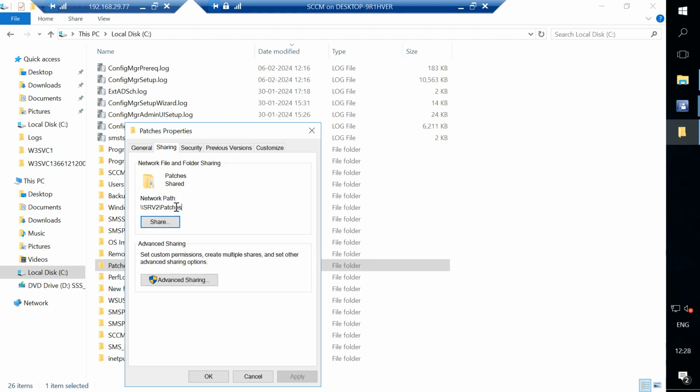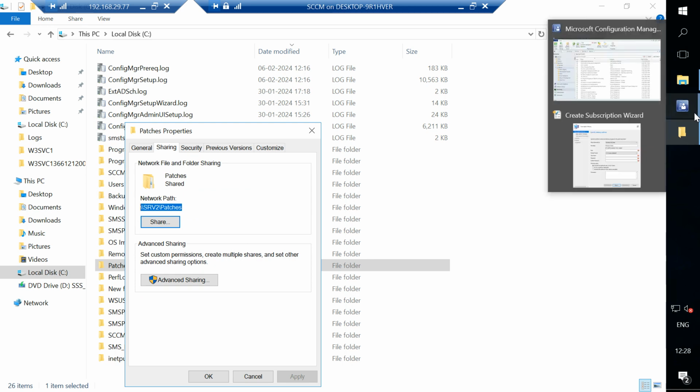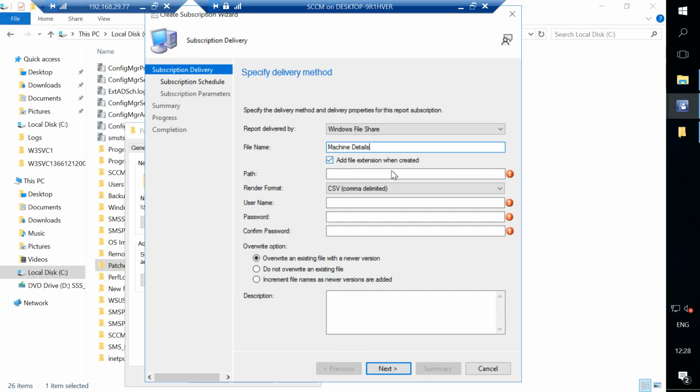I can give, for example, this path. Then my username is HP slash,